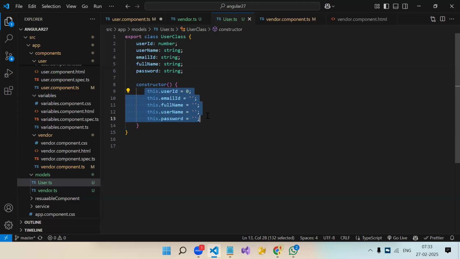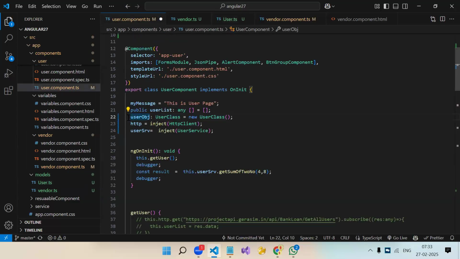Whenever we are going to create a variable and bind it to the form, we have to always go for a class because we have the constructor. In a single place we can initialize those. But for the user list, we are not going to use this to bind to the form. We are just using this variable to store the data. So here you can go for an interface.